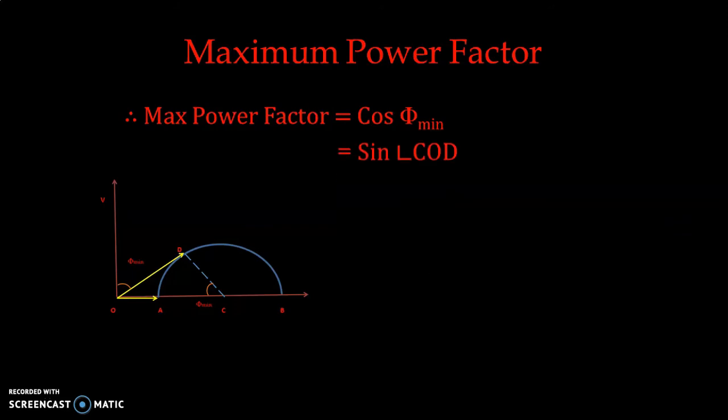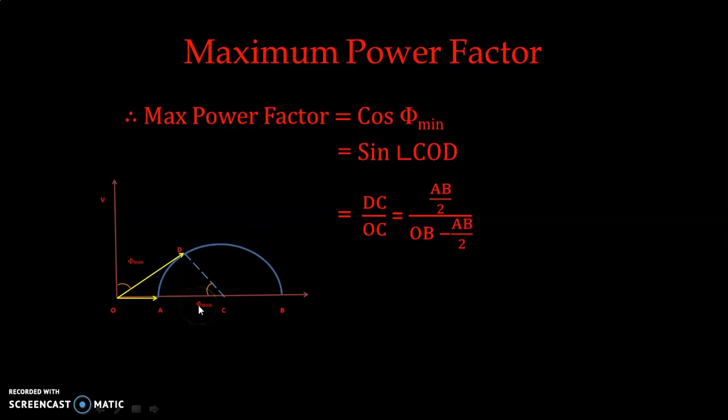So cos phi minimum, that is sine of COD. That angle is equal to DC divided by OC. So DC divided by OC, that is our sine of COD. So that is exactly equal to DC, that is